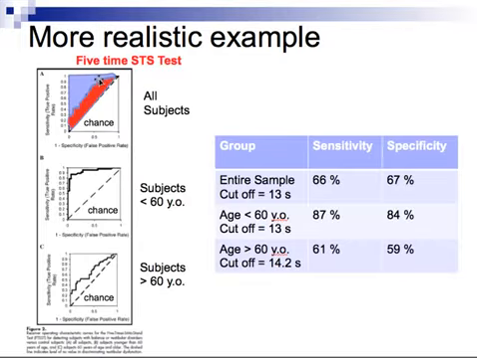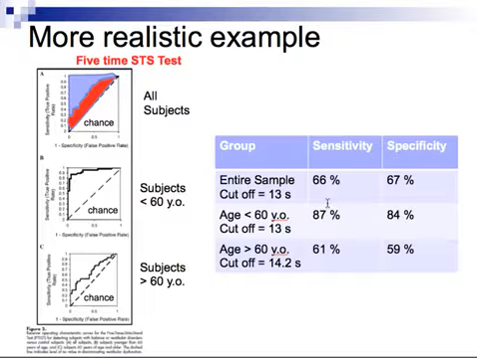Basically, the red component is the amount that the tests would improve our decision making, and the blue is the amount of mistakes we made. So if we include all subjects, the test is not very impressive. It doesn't really help our decision making very much. And if we look at the top row here of sensitivity and specificity in our table,